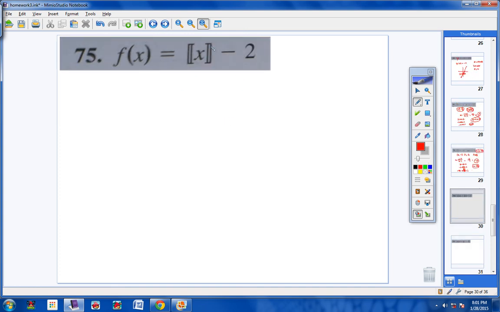Now we did this one in your notes already, so to be honest with you, I probably should have given you a different problem, okay? But I didn't. So I'm going to say this: every time you put something in for x, you're going to go to the number that's to the left, okay? So we're going to start off with our table of values here, and we're going to put in